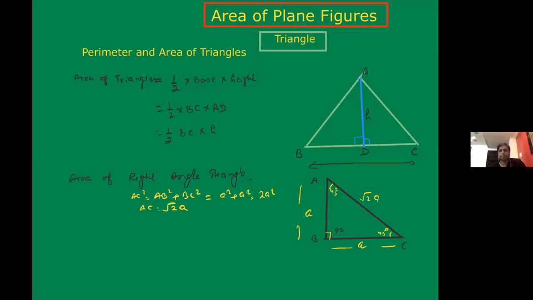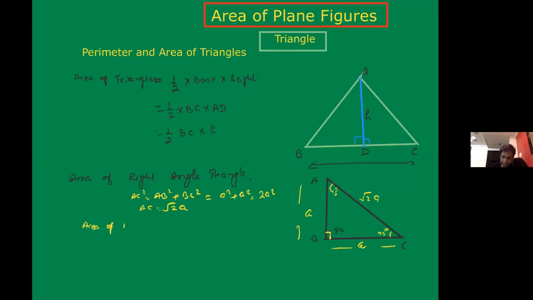Fine. So we are considering this as an isosceles triangle. Okay, a right angle triangle where the two sides are equal, and both the angles are 45 degree. Okay, if this is not 45 degrees, then the AB side may have a different length, and the BC side will have a different length. Okay.